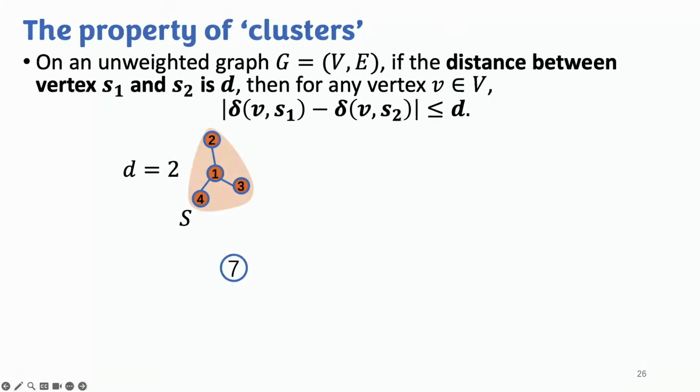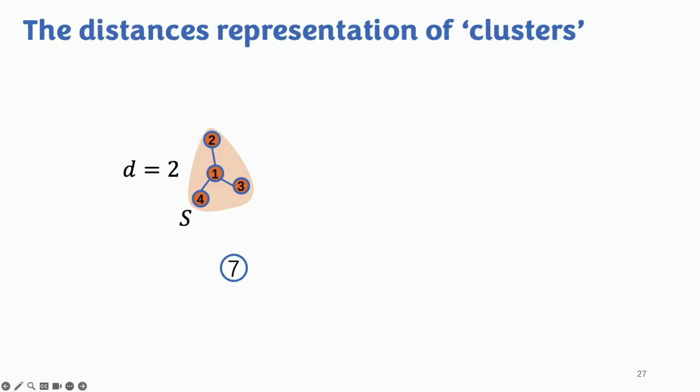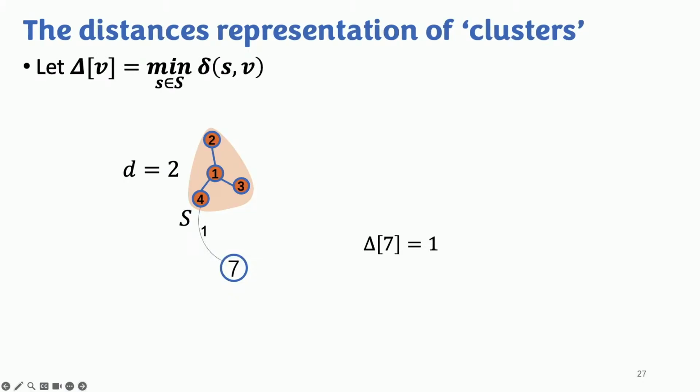If the cluster has diameter d, which means any pair of vertices within this cluster is at distance no more than d, and if we use delta v to store the smallest distance from v to any vertex in the cluster, in this case delta 7 is 1, then the distance between 7 and any source in the cluster must be no larger than 1 plus d,